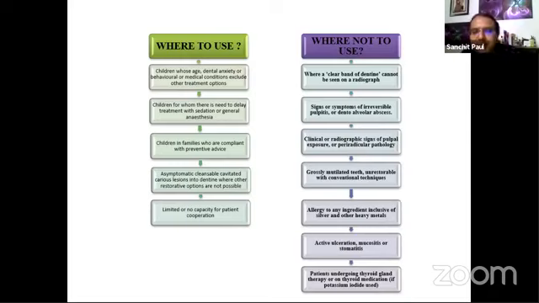Again, we are not saying that this should be the primary go-to material, but if not anything else, at least we can use SDF to arrest the ongoing decay. So any caries lesion which is asymptomatic, which is not involving the pulp, which is progressing but not into the pulp, has a clear band of dentine, comes into indication. We should obviously not use it in cases where there are clear-cut signs and symptoms of irreversible pulpitis, clinically or radiographically, teeth which are unrestorable, or any allergies. Although it's very rare, in case somebody has a documented allergy, then avoid it. Also avoid it in cases where there is active ulceration, any mucositis, or any desquamative gingivitis.